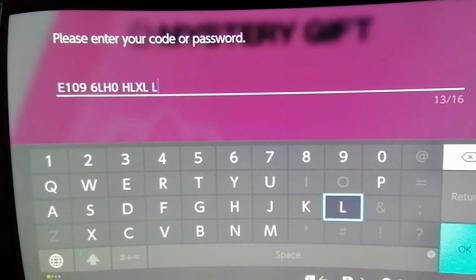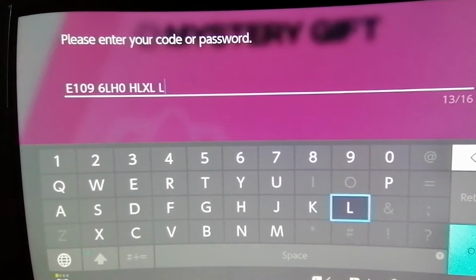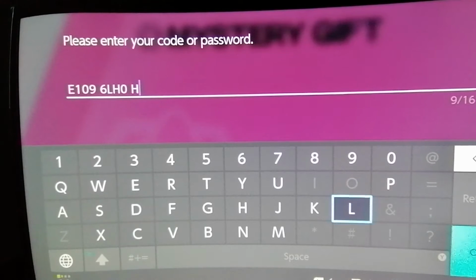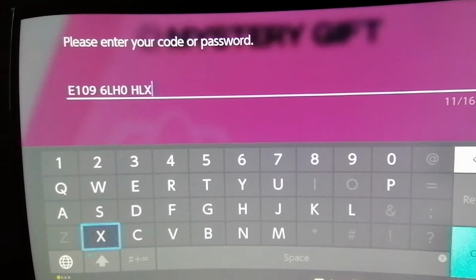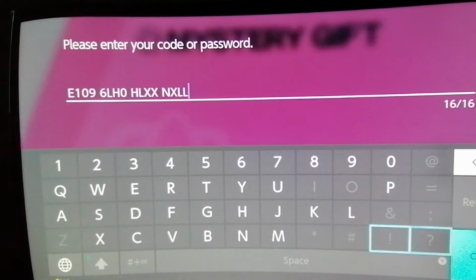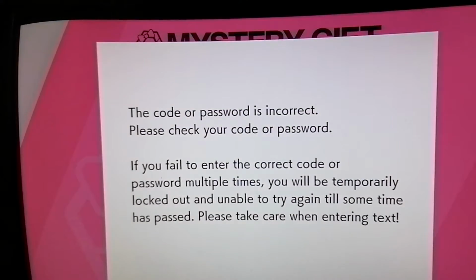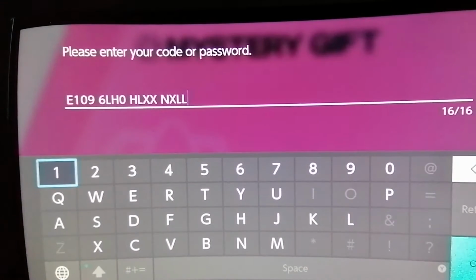Am I doing that? E1096 LHO. Yeah, I'm not doing it correctly. HL XX NX and L. So yeah, I knew that, but I just missed the XX. I entered the code incorrectly because this is supposed to be...